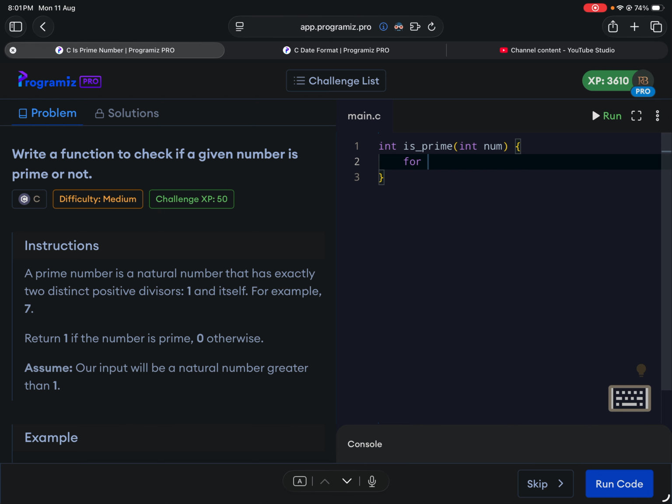for int i equals 2, right, and we can do i is less than num, right. We don't want it to loop until num as well, right. So i plus plus,